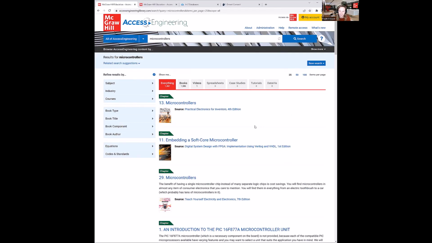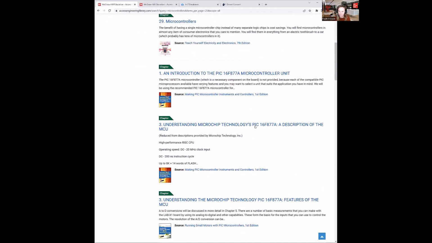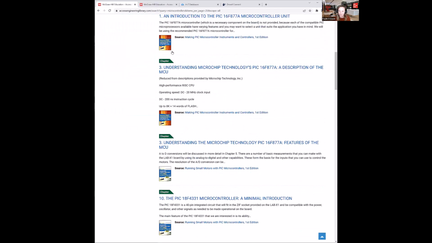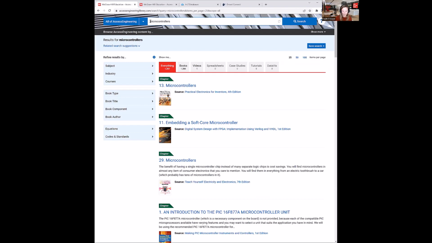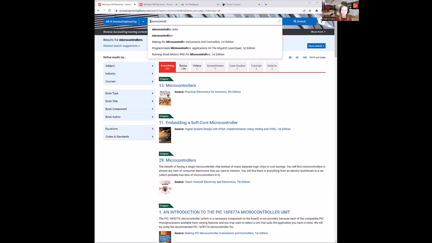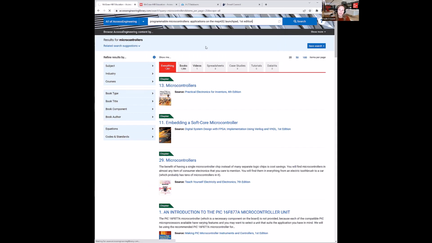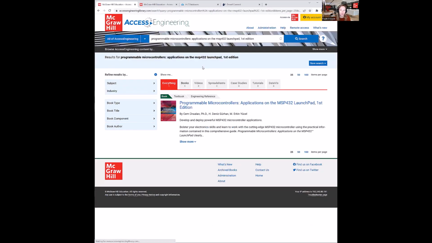But what I want to take you into is, and you know what? Let's do this search a little slower. You'll note we have type ahead suggestions. So as I started searching for microcontroller, it gave me a few recommended results, including these italicized results, which are books. And I want to click into this title, Programmable Microcontrollers, because it was the most popular title at Drexel